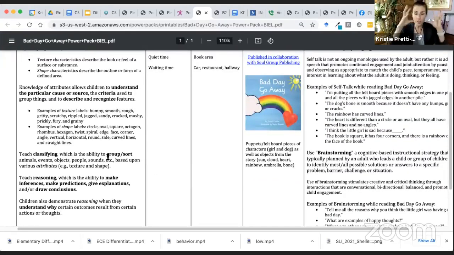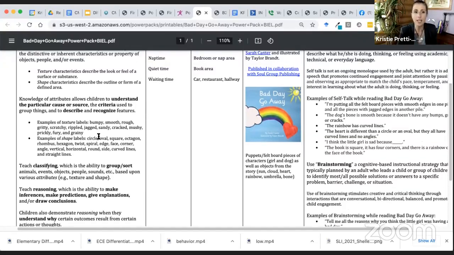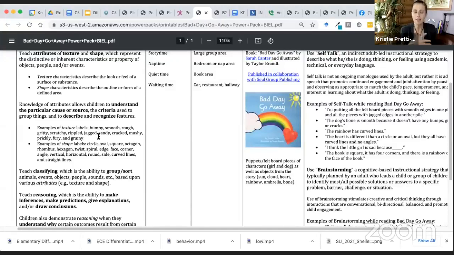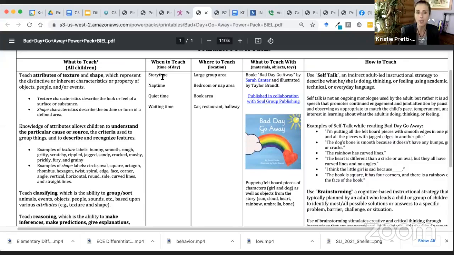So these are the big standards. These are the Common Core. These are actually big ideas. And you will see that some things look like math, some things look like literacy, some things look like science, some things look like social emotional. Yes. So anytime. Now, what's beautiful is that it's not only during story time, but maybe when the kids pick a book at nap time,